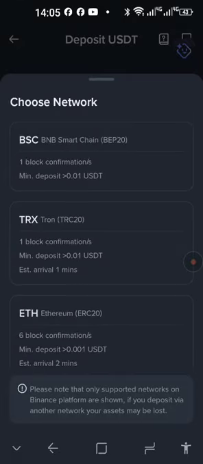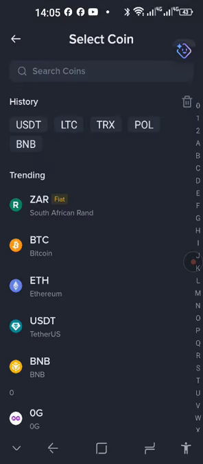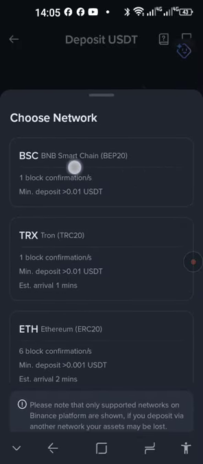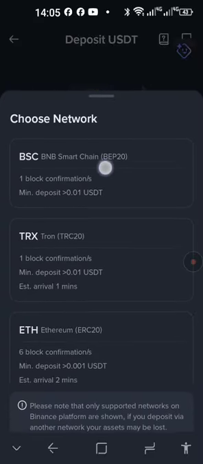Make sure you choose the correct one, and just take note that the most popular one for USDT is either Tron TRC20, and make sure you copy the correct one. Or the other one is Binance Smart Chain, which is also called BEP20, and you must look for it carefully.